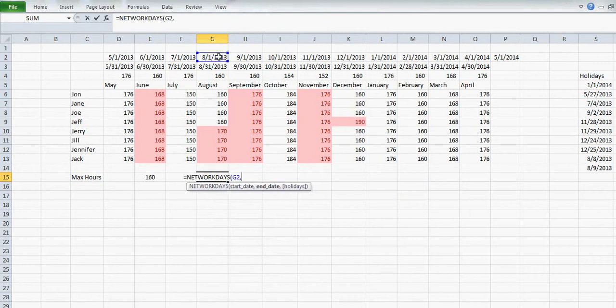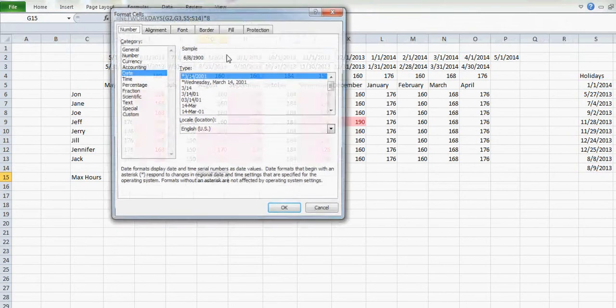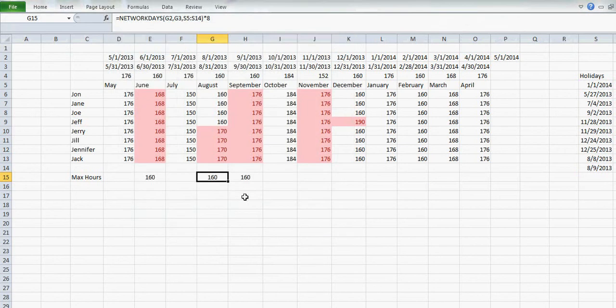August 1st, August 31st, all Accenture holidays, close parentheses, multiply by 8, and change it to general formatting. As you can see here, half the resources will be doing normal working hours, but half of them are charging 10 hours of overtime. You will see that if we do this for each month, we will come up with these results, where it will show that